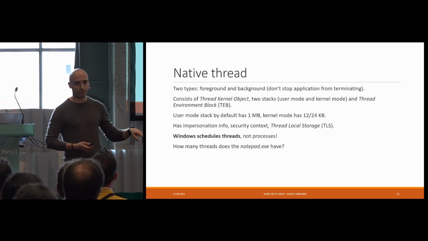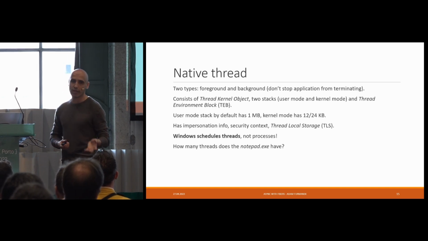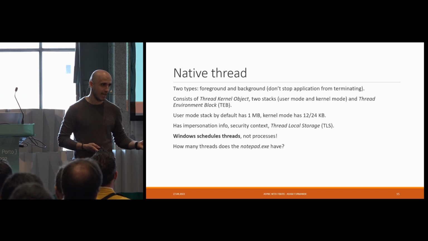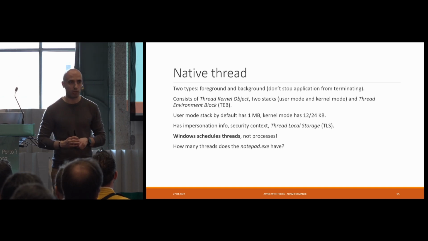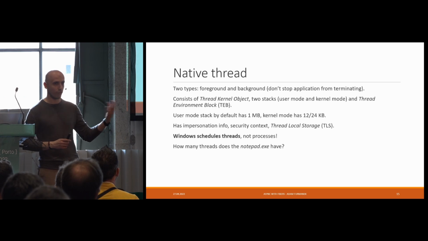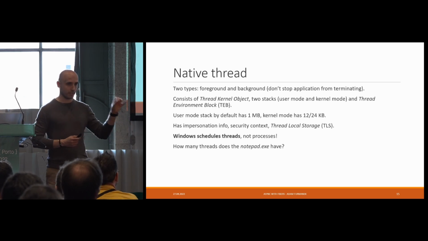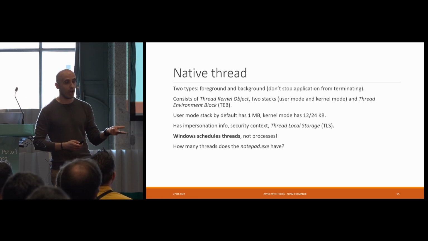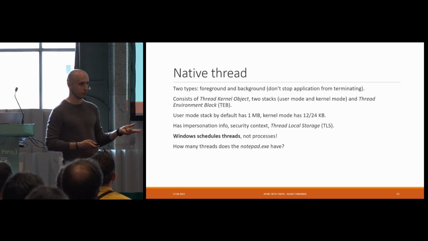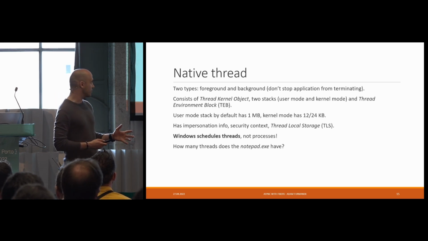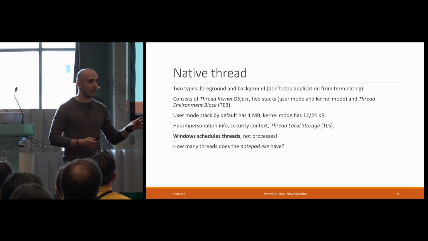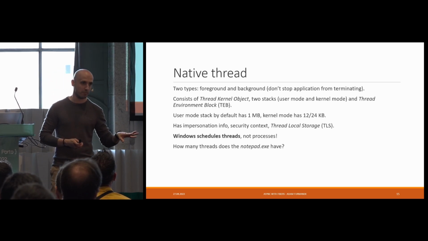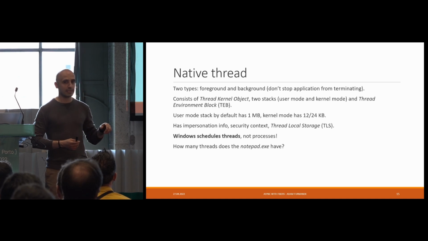There are two different types of threads, foreground and background threads. They need to have a stack, so memory allocated for the stack. In Windows, when we are talking about Windows 10 or Windows 11 64-bit, a typical thread has three different stacks. One for kernel space, one for user space, and one for the Windows on Windows 64 execution mechanism. And taking into account that by default, the user space stack consumes around 1 megabyte of memory, which may or may not be committed from the very beginning, but typically it may be, it means that whenever you create a new thread, it allocates 1 megabyte of memory.